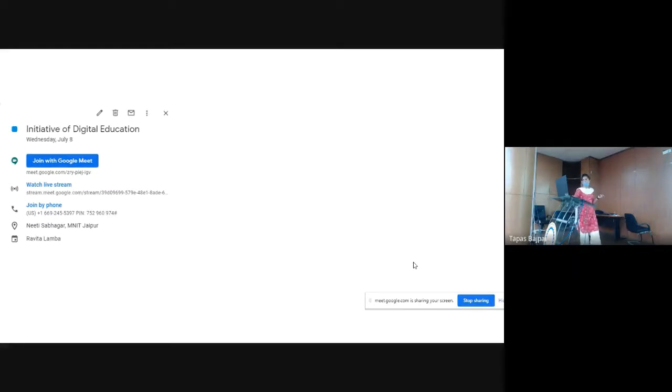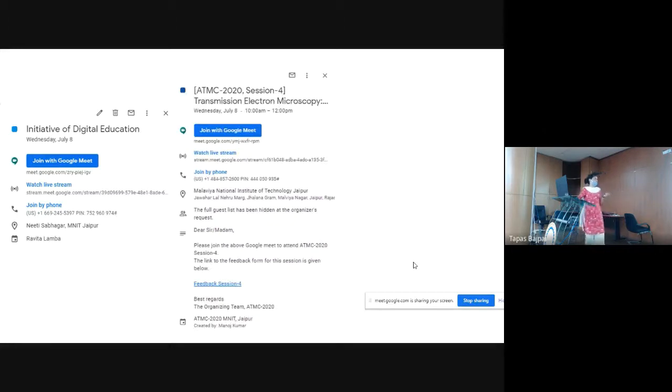Whenever you click on your Google Calendar, it will show this, like it is running from 9 to 5:30. So it will show like this, and we can add different information. Here we have just added 2-3 pieces of information. This live stream link will also appear in this. This is the live stream. If we cannot join through this, because the participant capacity is exceeded, then we can watch through this live streaming. And then this is the venue, and additional information also we can add here.